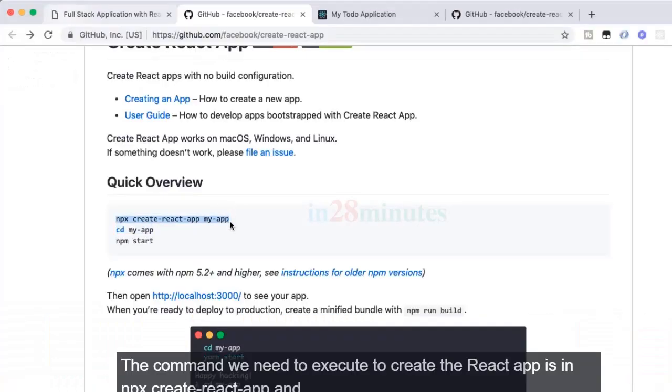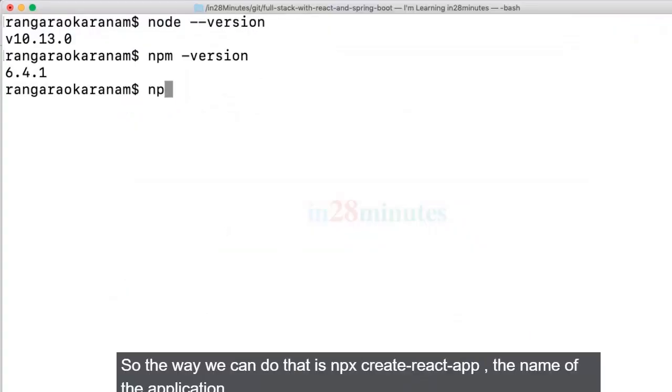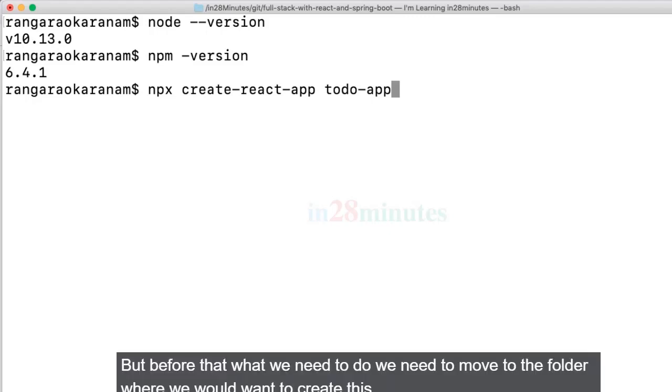The command we need to execute to create the React app is npx create-react-app and the name of your application. So the way we can do that is npx create-react-app space the name of the application. The name of the application I would want to use is todo-app. But before that, what we would need to do?